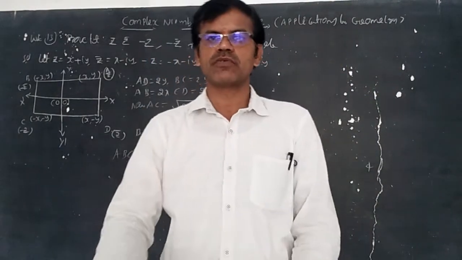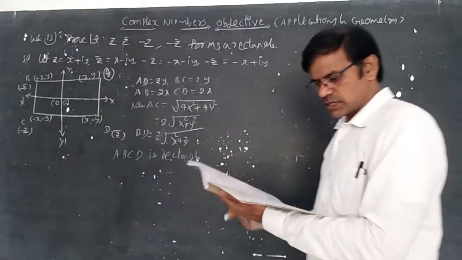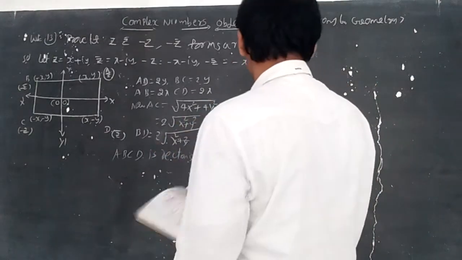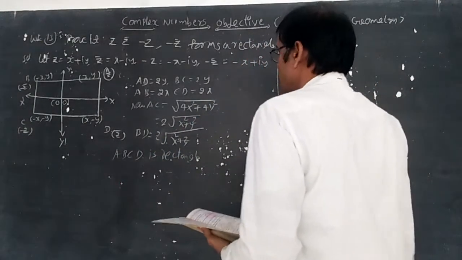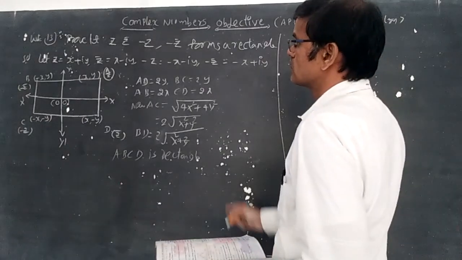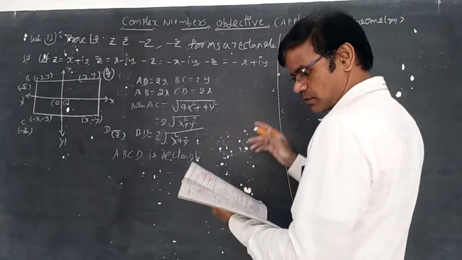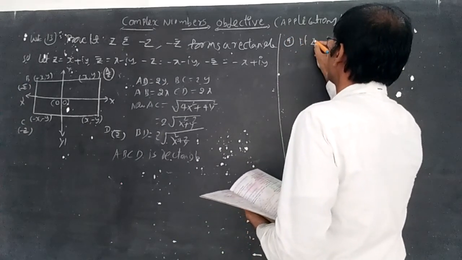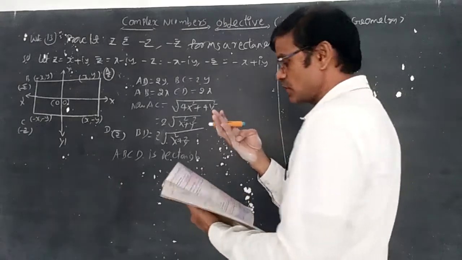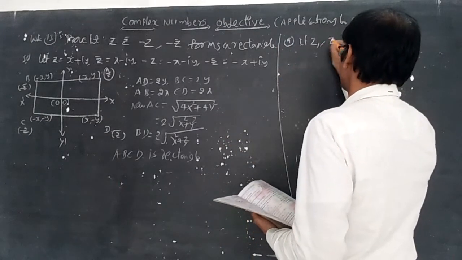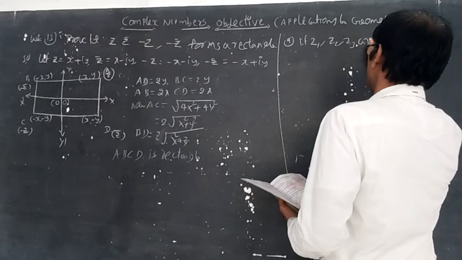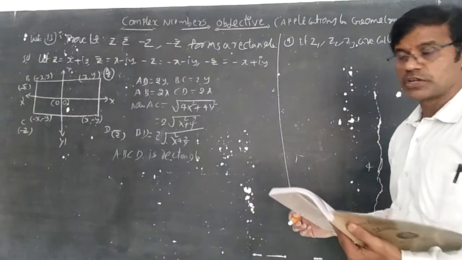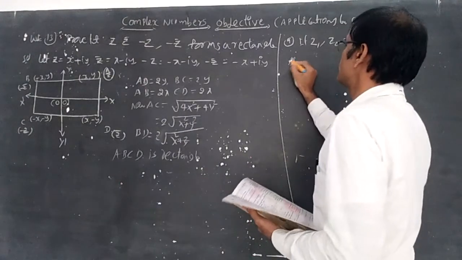Before going to discuss worked examples 14 and 15, let us write the collinear concepts and the formulas which are needed. You should write. Formulas 7 and 8 are completed. Now the 9th formula: if z1, z2, z3 are collinear, if and only if